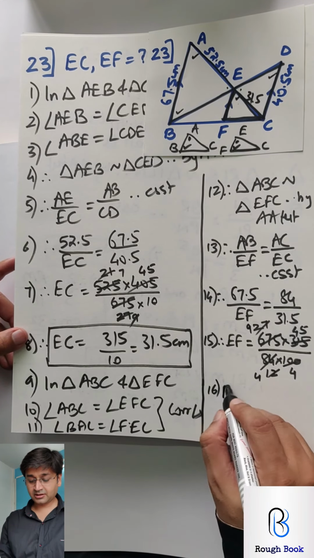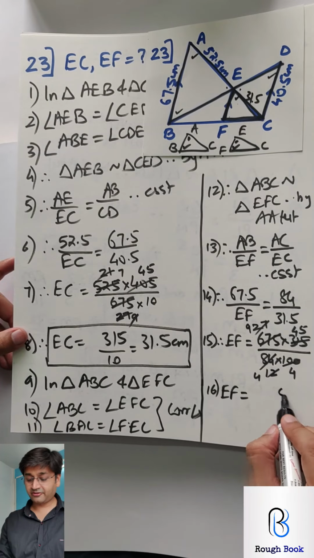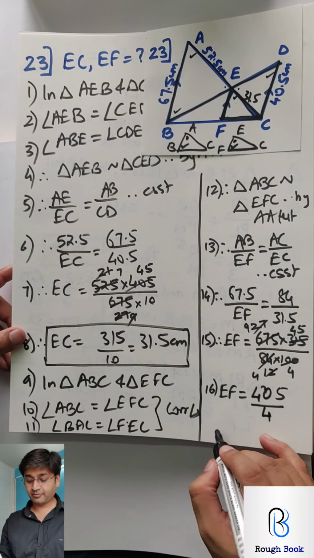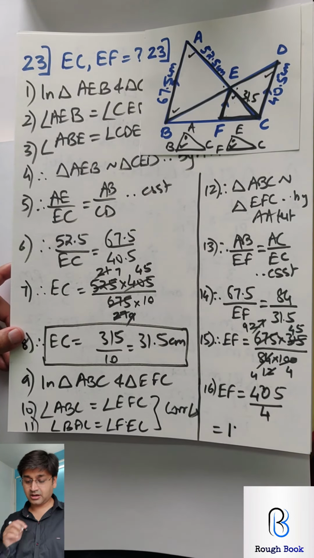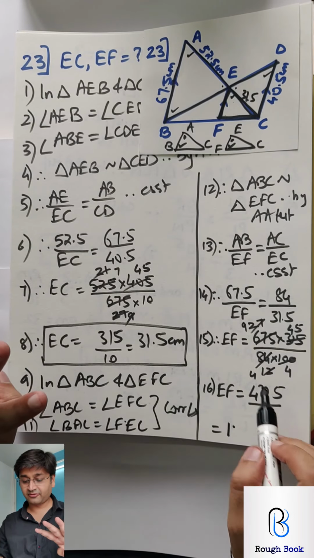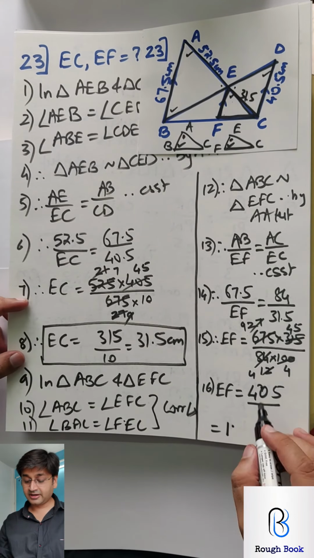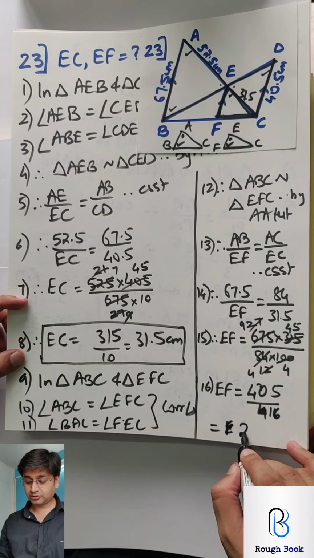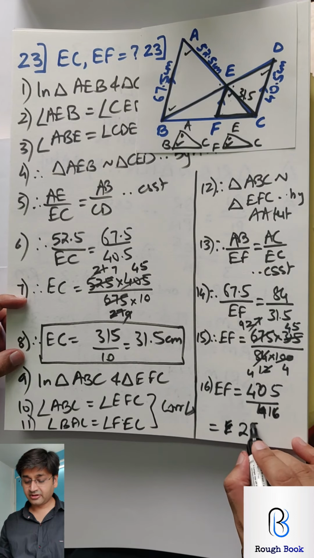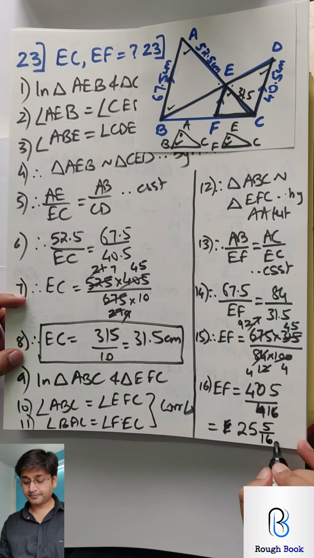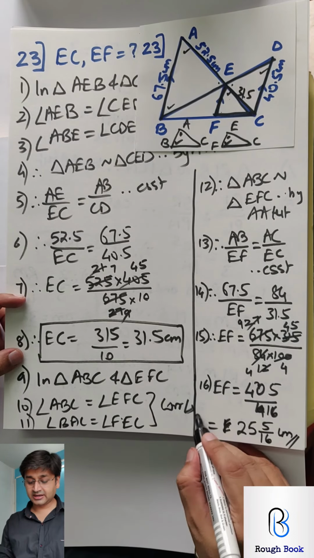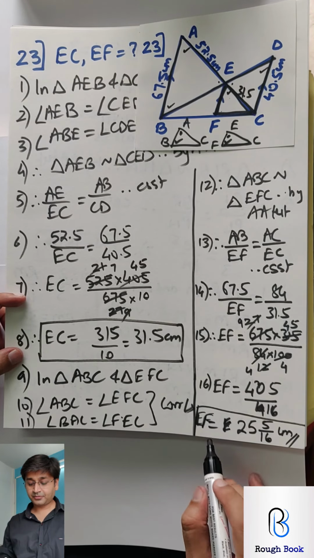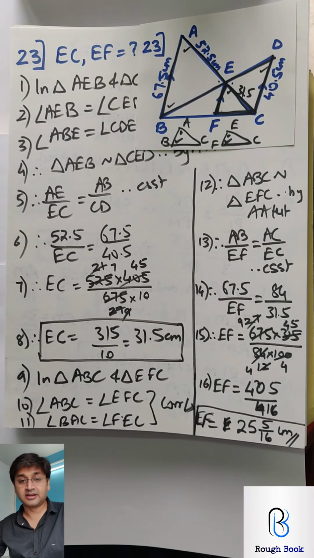So therefore EF, 9 into 5 45, 9 4s are 36 plus 4 40. So 405 by 16, because 4 into 4. So 16 how many times? 2 times 32, so I'll get 25, 5 times 80, 5 by 16 centimeters. If you can't get this directly, please go in the rough, calculate and then come back. So finally your EF is equal to 25 5 by 16 centimeters.